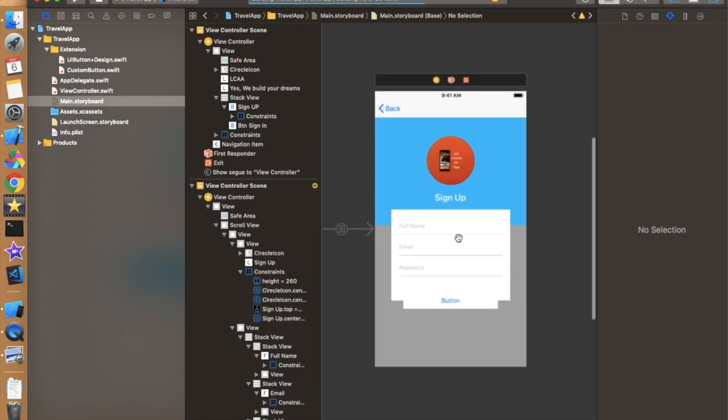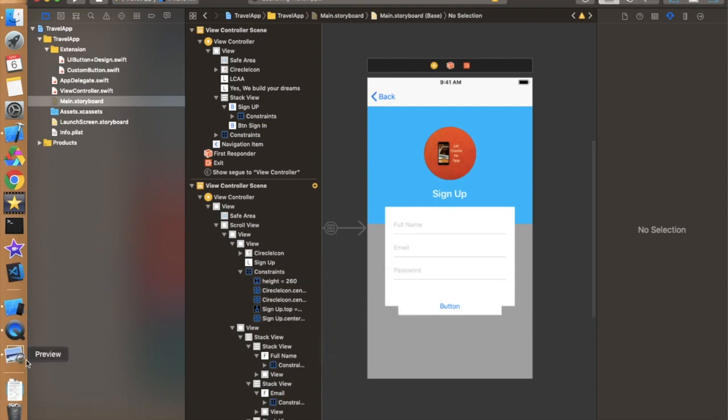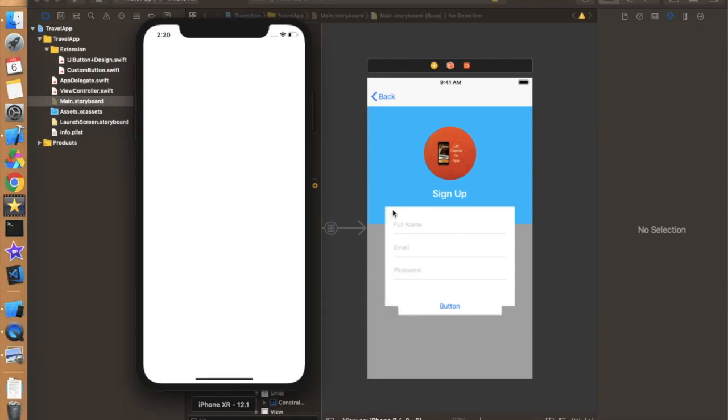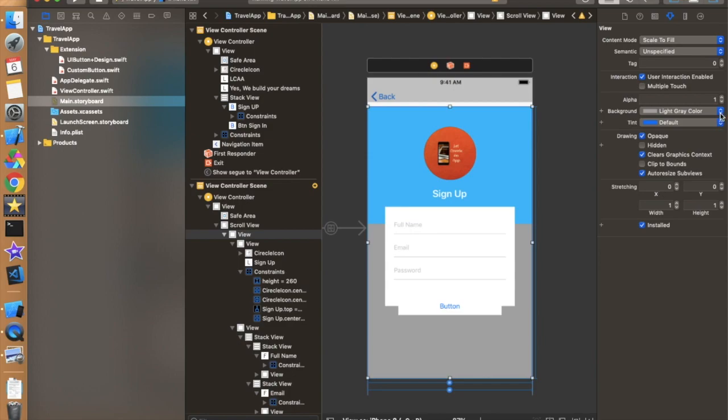Then we will proceed further in creating a next button and that label thing, and just we need to provide a shadow to this view and a corner radius. So just click on this sign up, and as I click on this sign up, this is looking something like this. Now let's change the background color to, so this is a view which height is fixed and it's completely looking fine. There is no problem in this thing. Just change the background color to this view white,